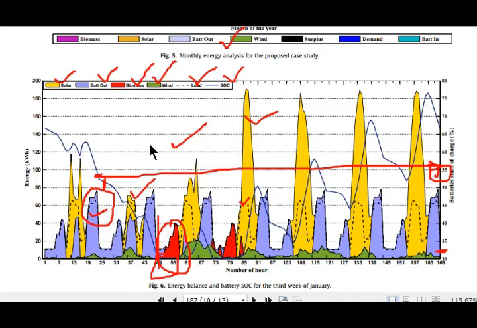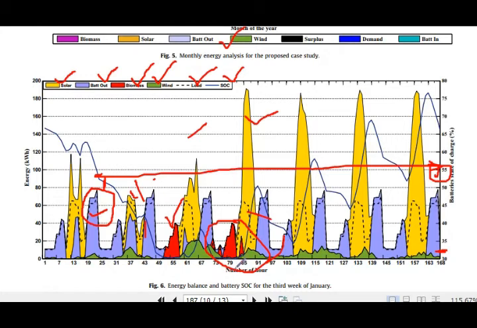So we are starting the biomass. That biomass is operating, meeting the load demand. The red one again, in this case the battery SOC is below the threshold limit, and wind and solar are not available, so the load is again met by this biomass. This is only the weekly plot, the first week plot of the annual data.